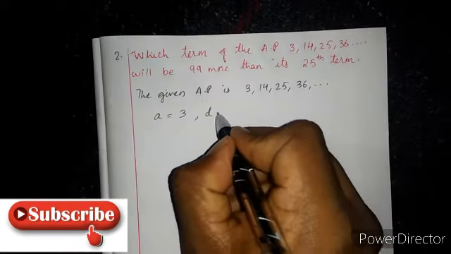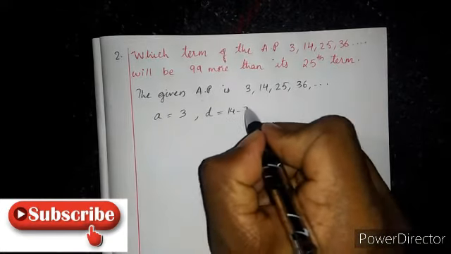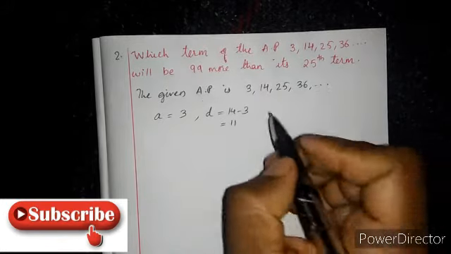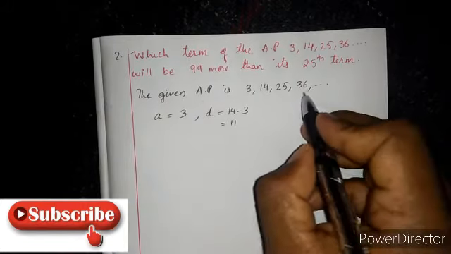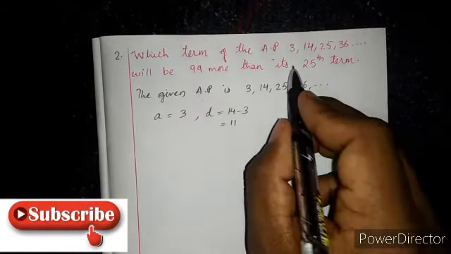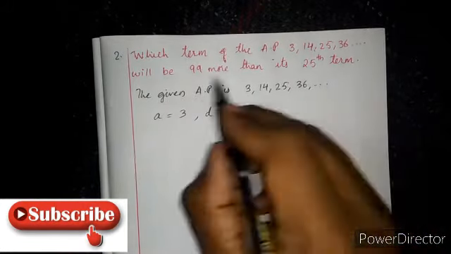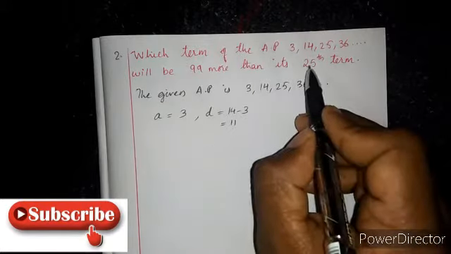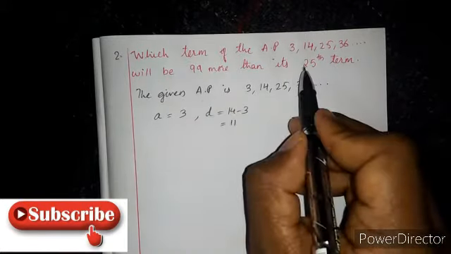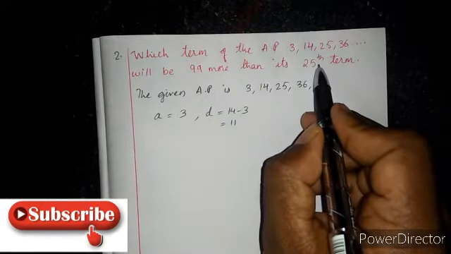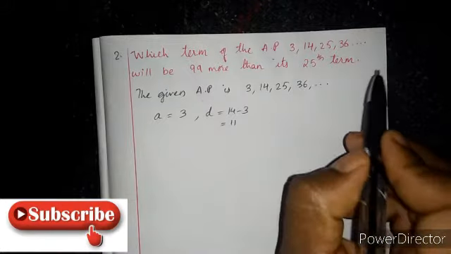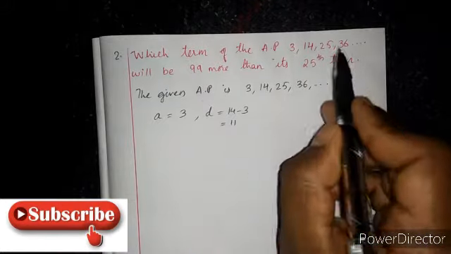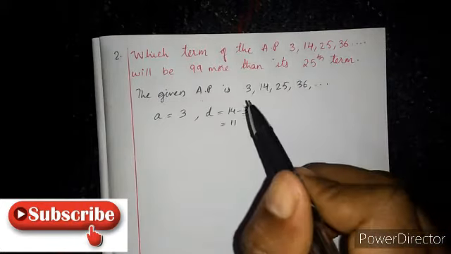What about the common difference? D is equal to 14 minus 3, and that will be 11. Right? It's an increasing AP, so you can see the D will be positive. So A is there, D is there. Here Tn is not given. The last term is not given, so leave it. What about here? Something is regarding the 25th term. इधर क्या दिया देखिए, which term, ये दिया हुआ AP का कौन सा टर्म उसका 25th टर्म से 99 ज्यादा होगा. 25th टर्म पहले ढूंढना है, उससे 99 ज्यादा जो नंबर है वो निकालना है. उसका अंदर हमको वो बताना है कि वो नंबर जो है वो ये दिया हुआ AP का कौन सा टर्म में आएगा वो. That is the thing which we have to understand.